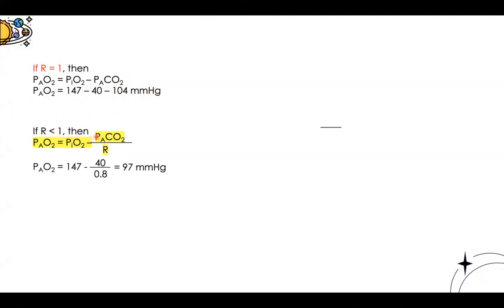Now, if R is not equal to 1, if R is less than 1, it'll never be more than 1, then you use this equation. And I recommend that you always use this equation, even if R is equal to 1, because it just helps you remember that you have to take R into account. So again, our inspired oxygen partial pressure is 147, and we subtract 40 over 0.8. Now, this is if you have proteins. If you recall, for proteins our R is 0.8, and then you'll get 97 millimeters of mercury,